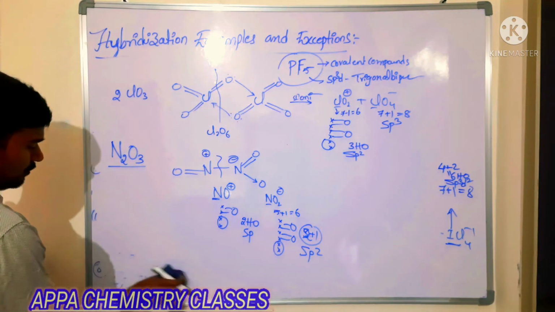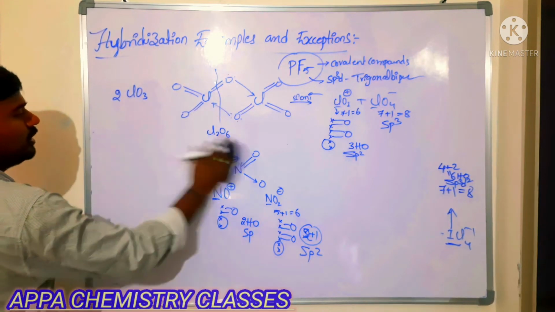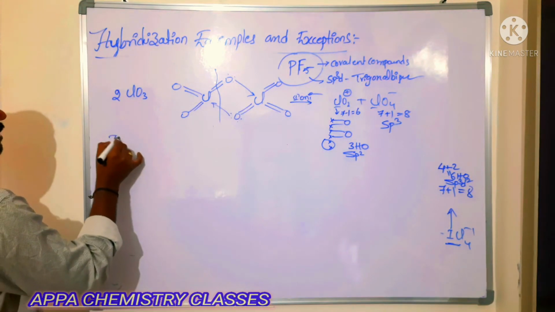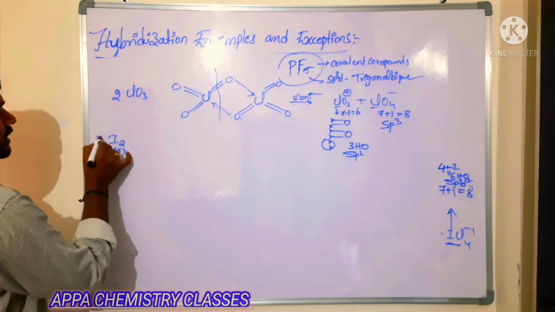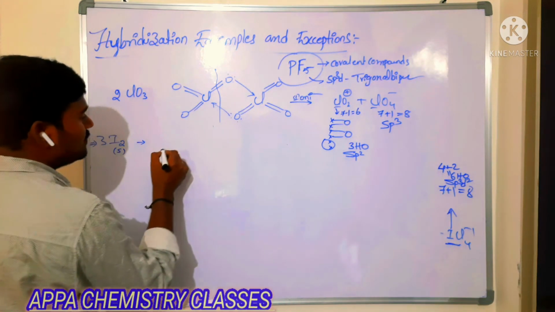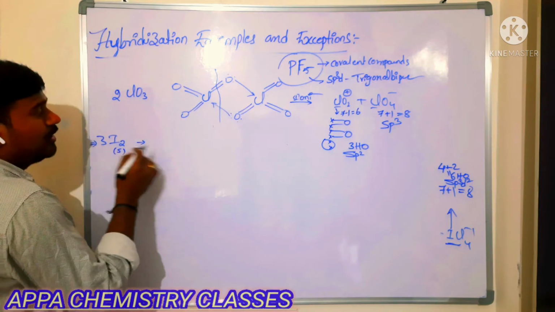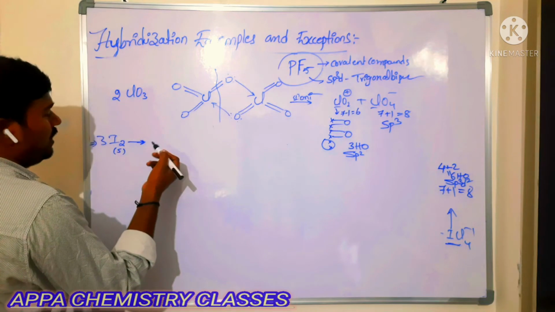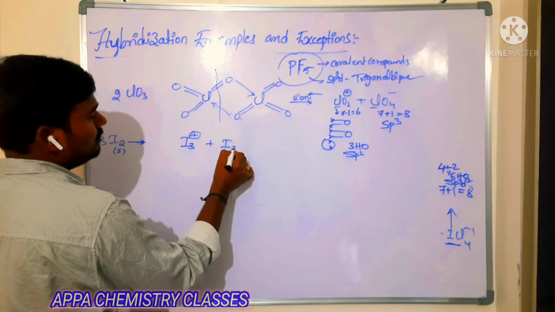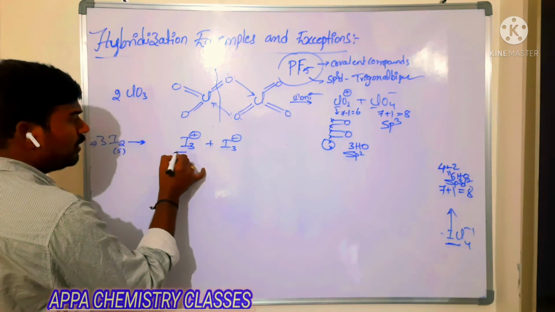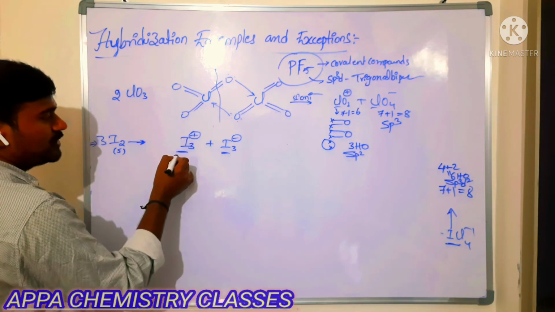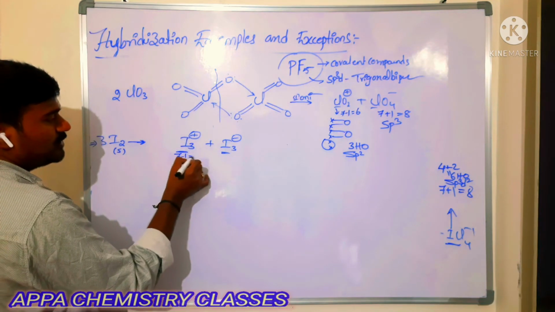Next I2 in ionic form. So iodine in ionic form, what type of molecule is it? Now this iodine, in solid state it exists as what? Trimeric form. That is I2 3 times. It undergoes decomposition, and that will form I3 plus and I3 minus. Now what is the hybridization of I3 plus and I3 minus? We are going to see. Iodine 7 minus 1, that is 6.